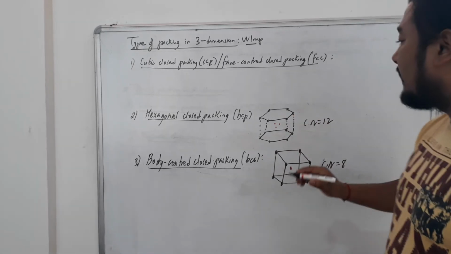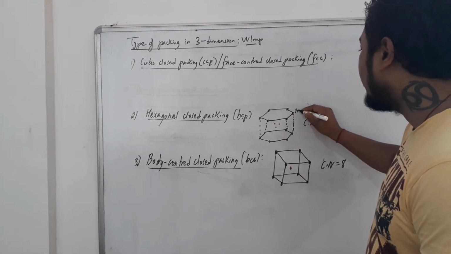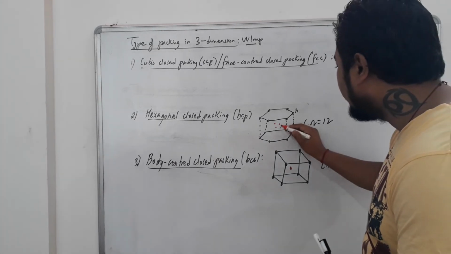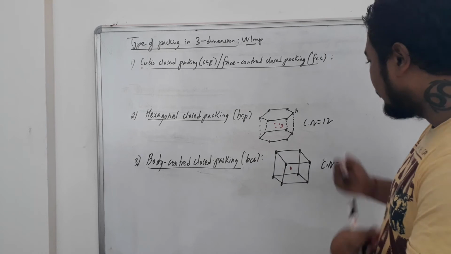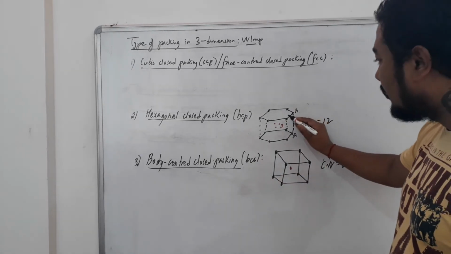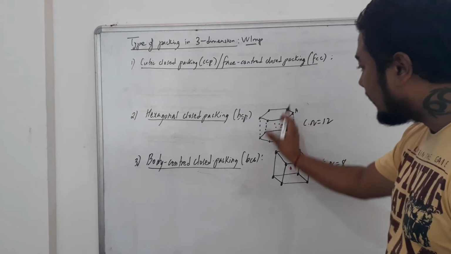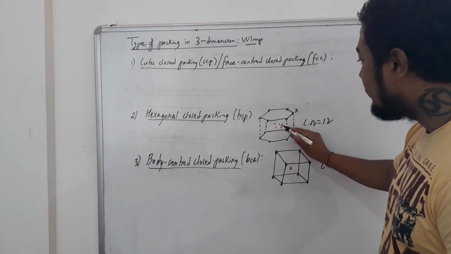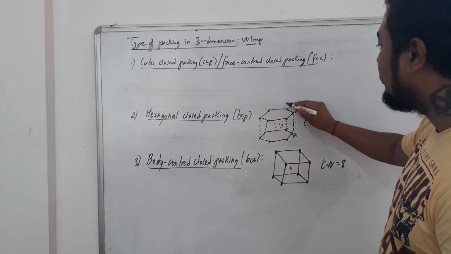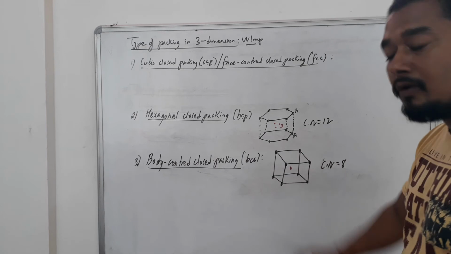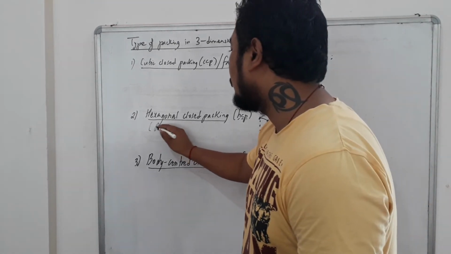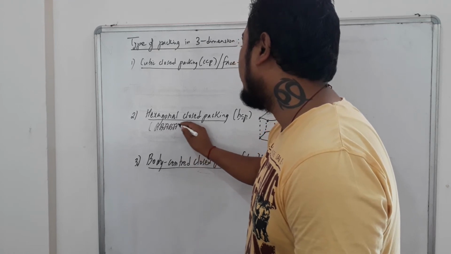And this packing has one name also. Let us consider this black particle as A, and let us consider this red particle as B. Again, let us consider this black particle as A, and this chain will continue. I have made only 2 layers right now. If you want, you can elongate this. So A, B, A, B, A, B, it keeps on coming. Therefore, this packing is also known by the name AB, AB, AB packing.